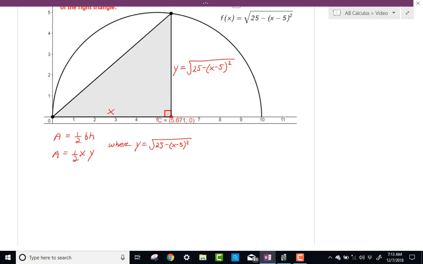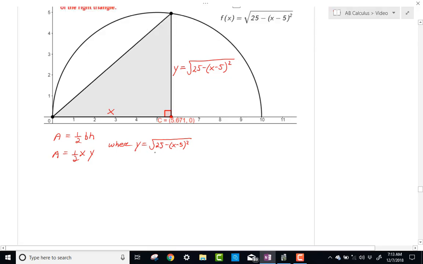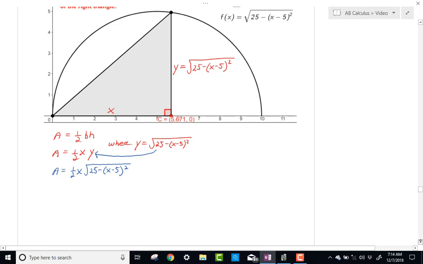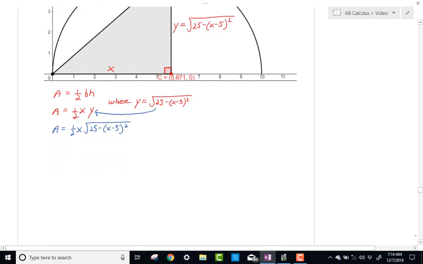So what I want to do is substitute this in for y right here. If I rewrite, I get area equals 1/2 x times the square root of 25 minus (x minus 5) squared. And now that my equation is all in terms of x, I can go ahead and take the derivative here. This one's going to get a little bit tricky because when we take derivatives, we don't deal with square roots. So I'm going to change this to area equals 1/2 x